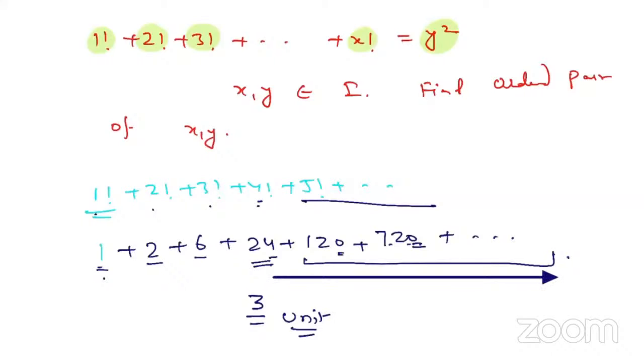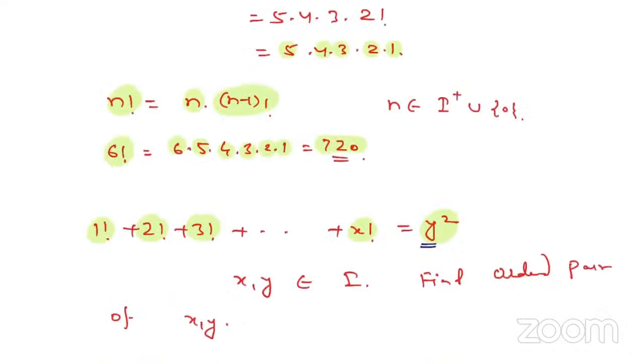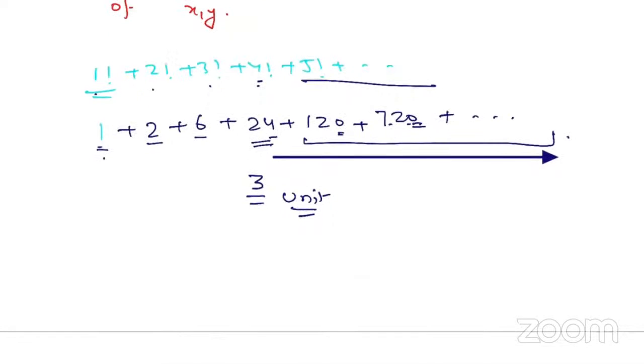the unit place of the number is 3 only. Why am I giving a stretch on this 3 only? Because we know that this is y square. We don't have any number whose square ends with 3. 1 square, 2 square, 3 square, up to 9 square, none of the numbers end with 3. So 100% we can say the number cannot go beyond 4 factorial or more than that. If we have to solve, we have to search the number till